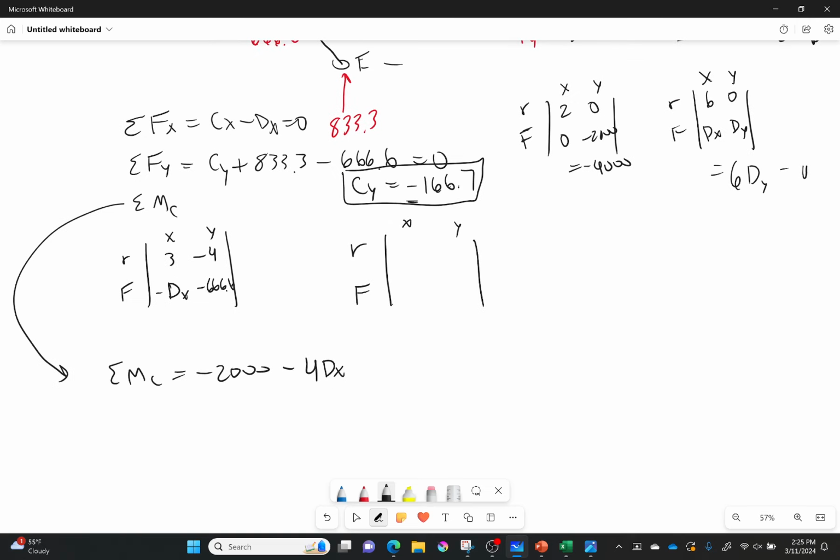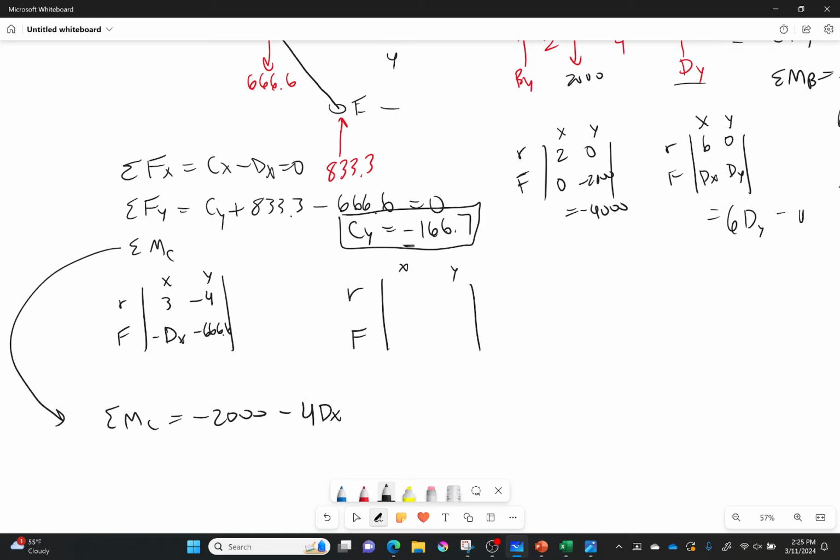Now we're not done yet. We've got a second one we've got to take care of. That's point E. So distance in the x direction is going to be 6. Distance in the y is negative 8 because we're going all the way down now. Force in the x direction is 0. Force in the y is 833.3. So we do the whole AD minus BC thing again, and so I have, let's see here, 6 times 833.3,